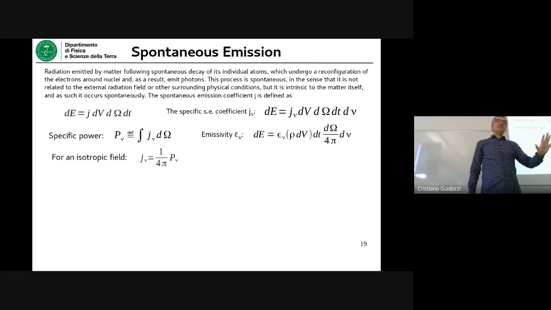So I say it again: the emissivity is the amount of energy emitted, again, of course, we are talking about spontaneous emission, per unit mass, per unit time, per unit frequency. You might have noticed that I didn't say per unit solid angle. But if you want to find the relation between emissivity and J nu,